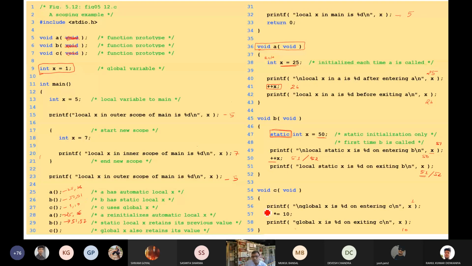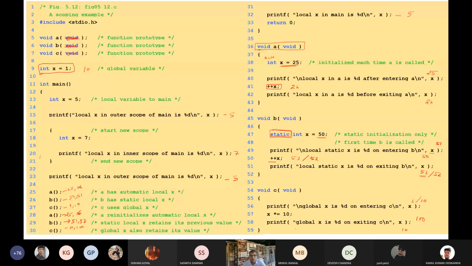What is the value of C? Now the value of X is, because it is a global variable, now its value is 10. So it will print 10 and this will print 10 multiplied by 10, which is 100. So the answer here is 10 and 100. So this is the scoping. Now I think you will be able to understand what the value is.